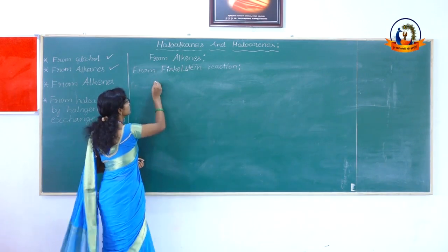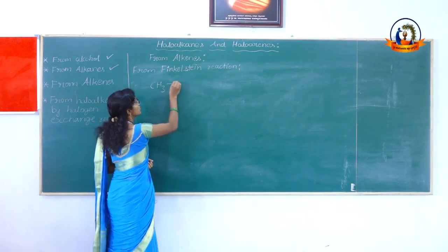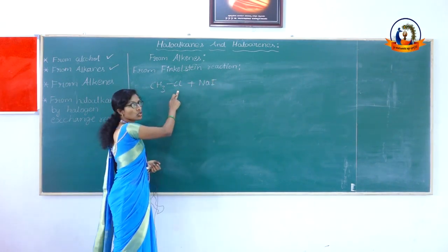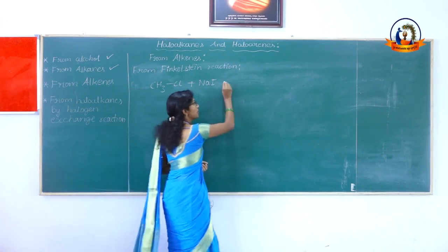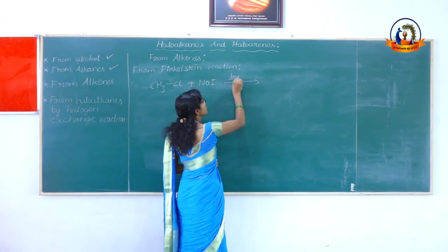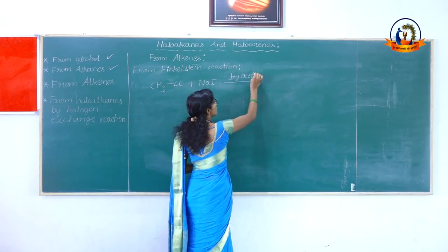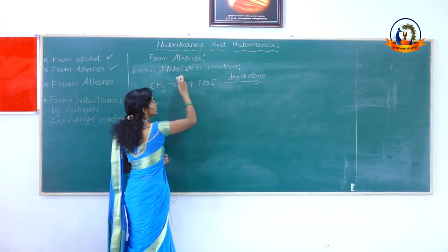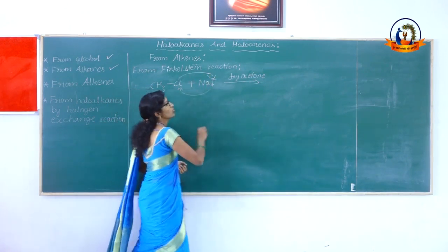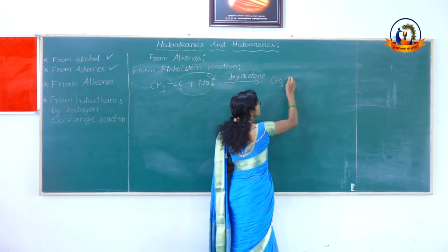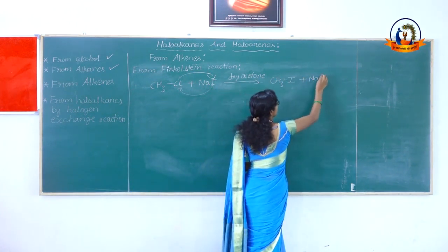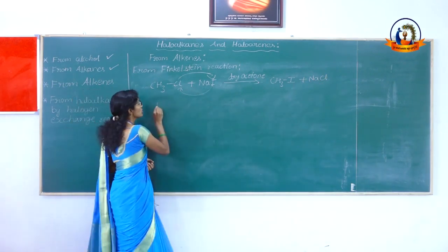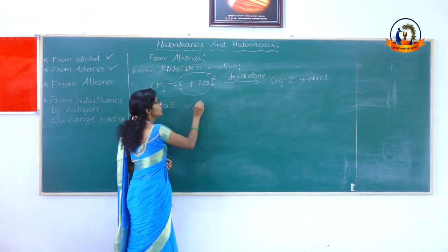For example, methyl chloride is treated with sodium iodide in dry acetone. Here what happened? Halogens are exchanged. Methyl iodide is formed with sodium chloride. Here we use sodium iodide in dry acetone